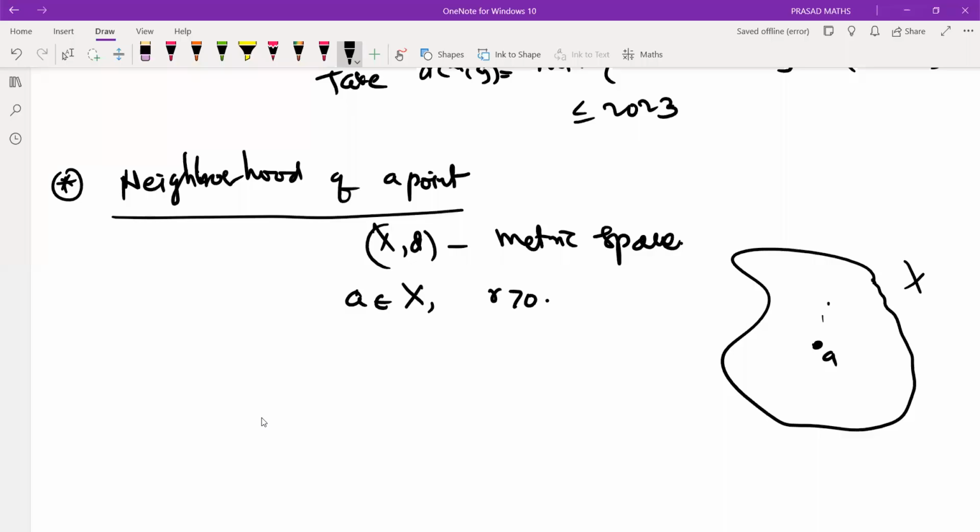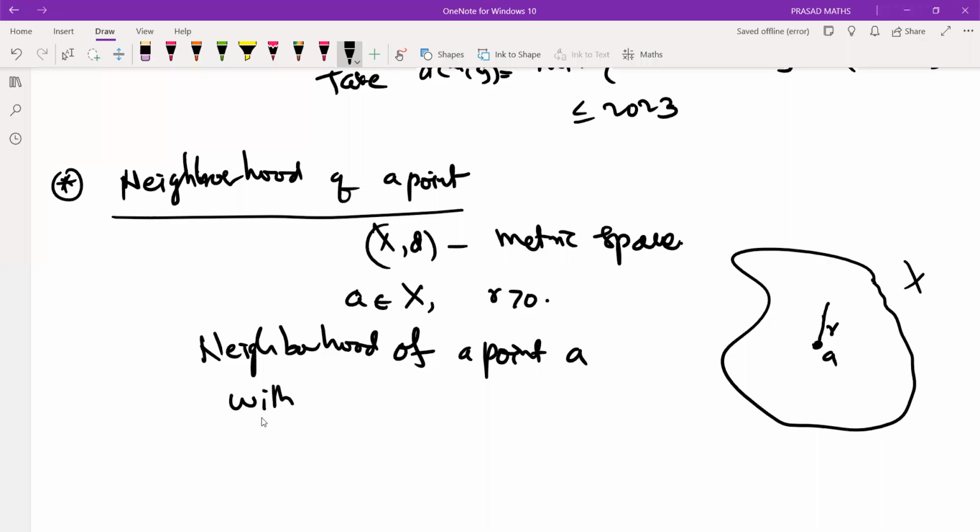This is my radius r. So the neighborhood of a point A with radius r